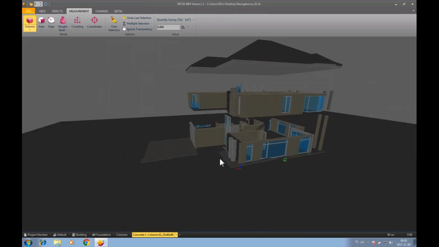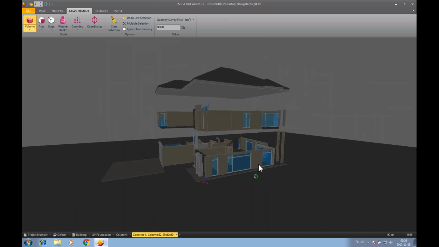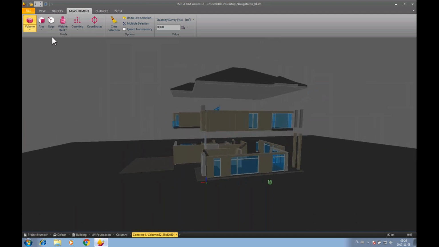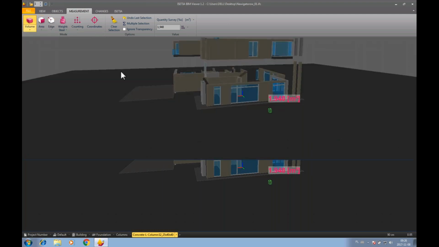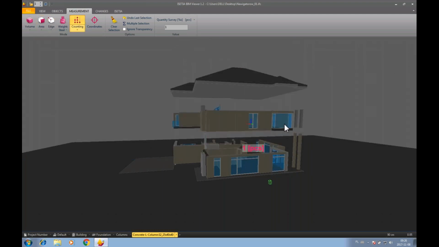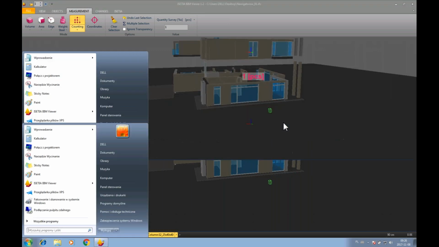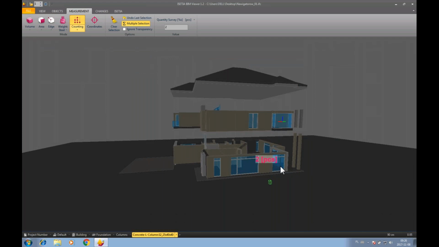Of course, we are providing the measurements inside of the ISETIA BIM Viewer, where you can check, for example, how many cubic meters this object takes in this project. You can also count the objects, like for example, counting the windows. You can see there are 3 pieces in here,